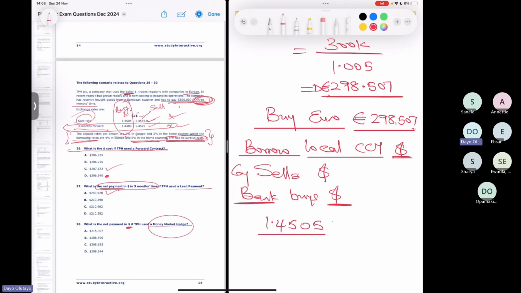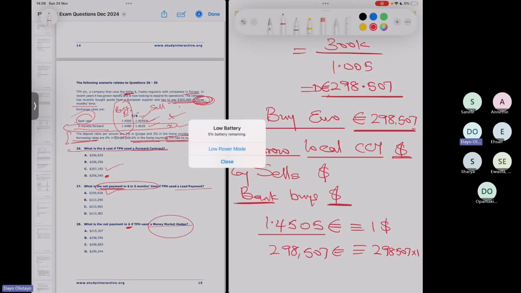So this euro is equivalent to $1. And I'm interested in 298,507. And that's 298,507 times 1